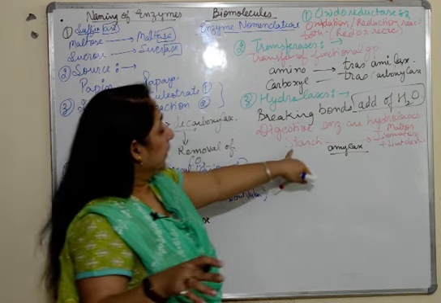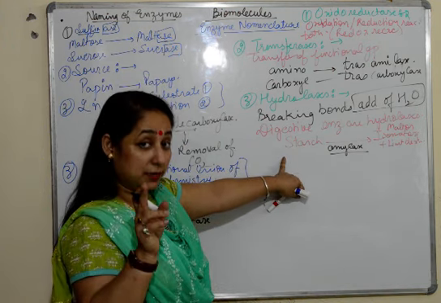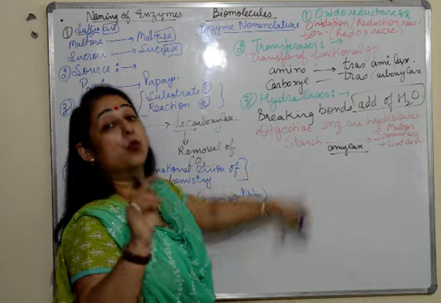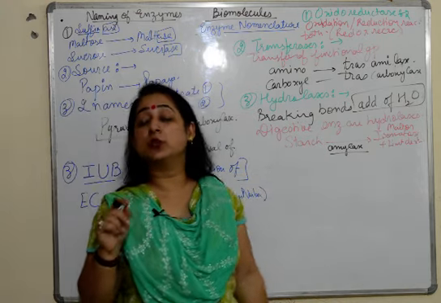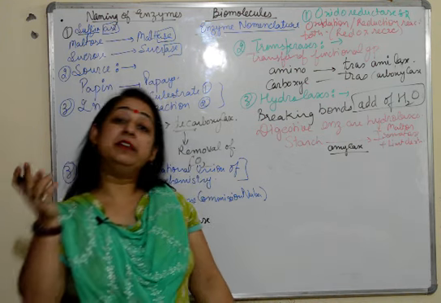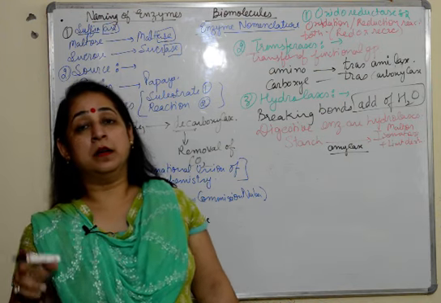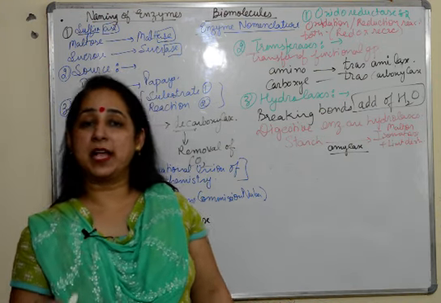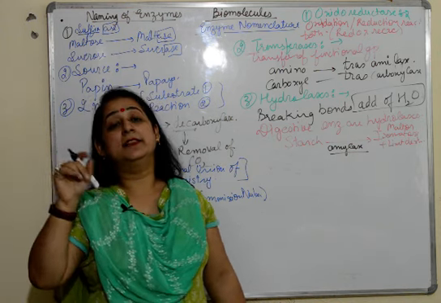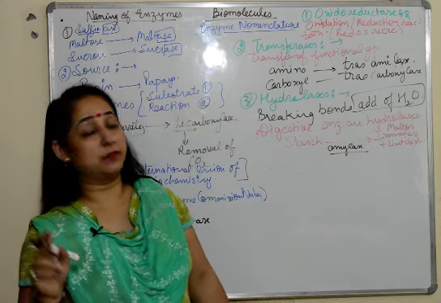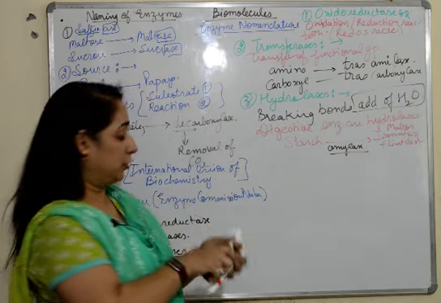So amylase will act in the breaking down, but when the breaking is taking place, water is released during this process. We all know that starch has glycosidic bonds present in it, and when we were talking about carbohydrates in biomolecules, we discussed that as and when the glycosidic bonds break to form something else, water is released in that reaction. So that water is released due to the hydrolase enzyme. All the digestive enzymes are hydrolases.